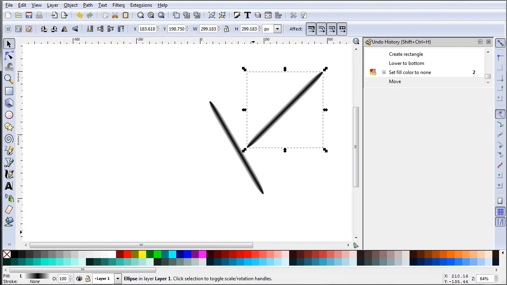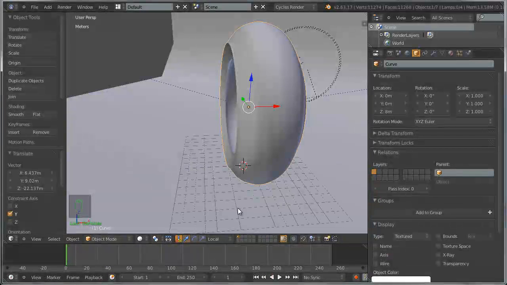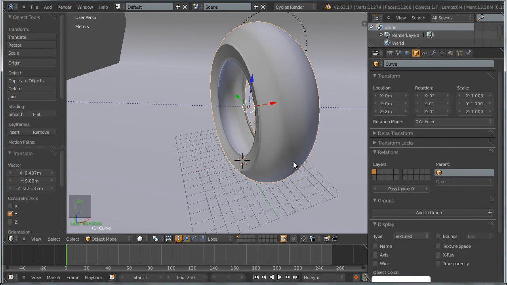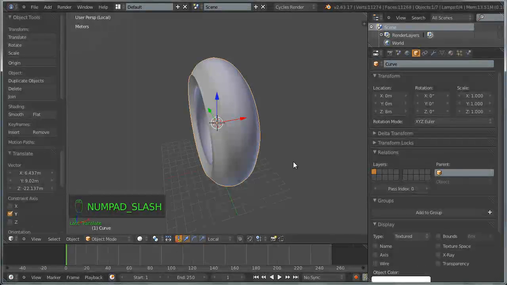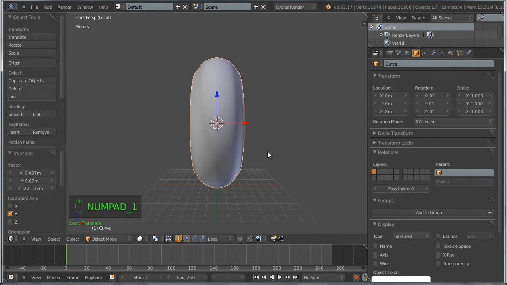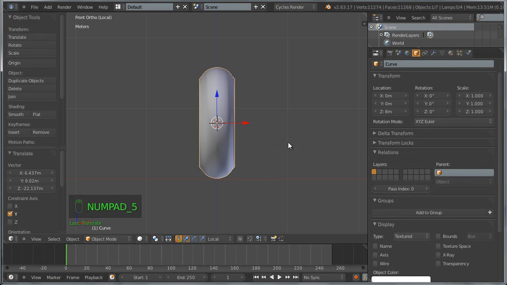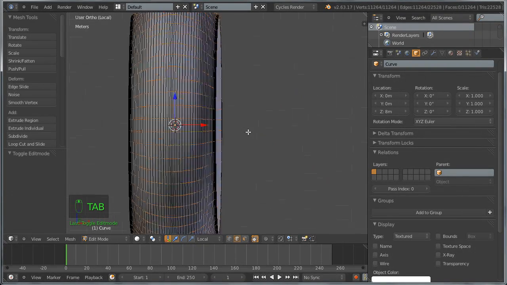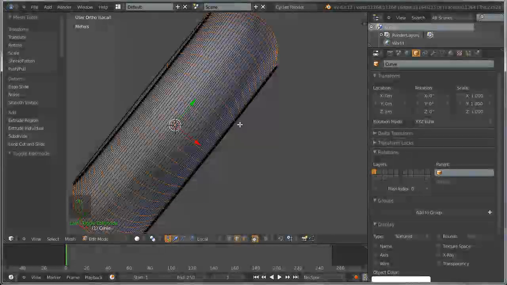Alright, now I can switch back to Blender, and I want to texture this tire here. So let's press / on the numpad so I can isolate my tire, switch over to the front view, and press 5 on the numpad to enter the orthographic mode. And I want to Tab now into edit mode, and I want to select just those faces here